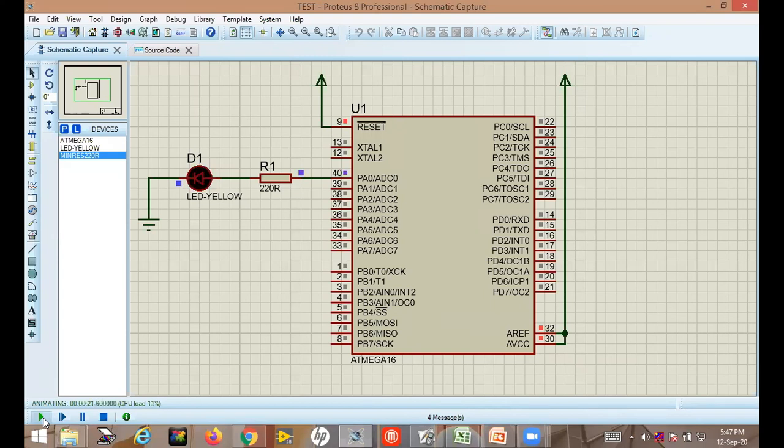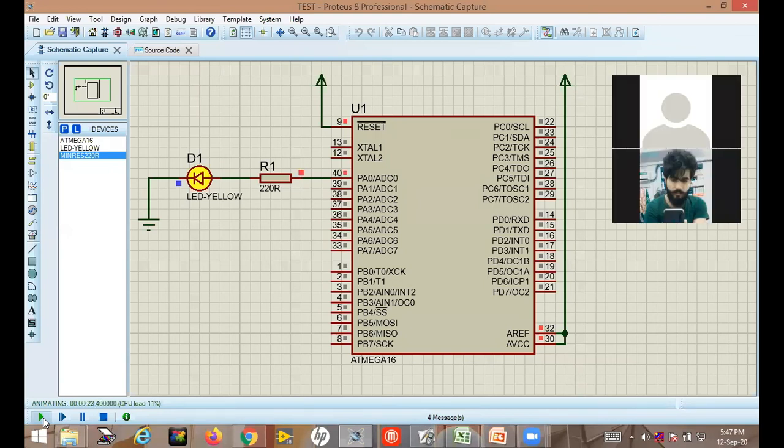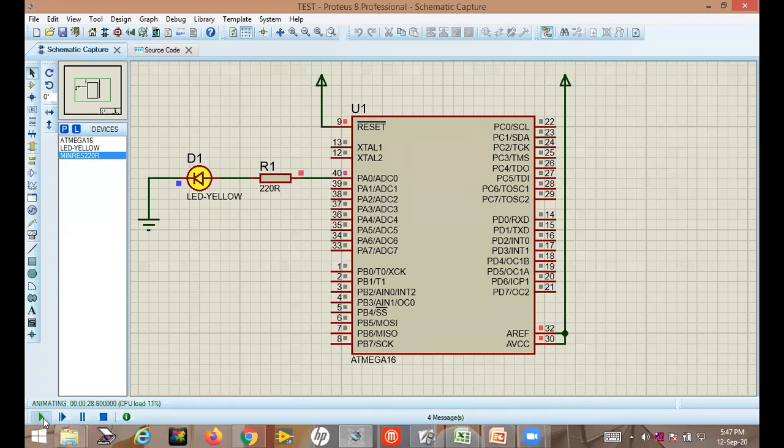So this process will continue, and in this way you will be more confident about the programming as well as your schematic design, and you will actually feel how electronic components work. Okay, so this is like your practical experience.